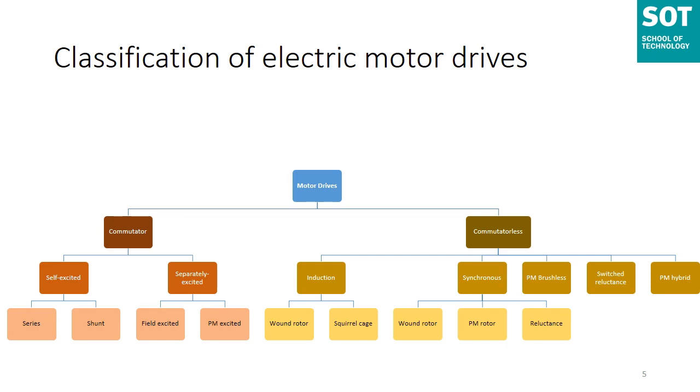SRMs, switched reluctance motors, have been recognized widely to have considerable potential for EV and HEV applications. Basically, they are direct derivatives of single stack variable reluctance stepping motors. SRMs have definite advantages of very simple construction, low manufacturing cost, and good torque speed characteristics for EV and HEV applications.